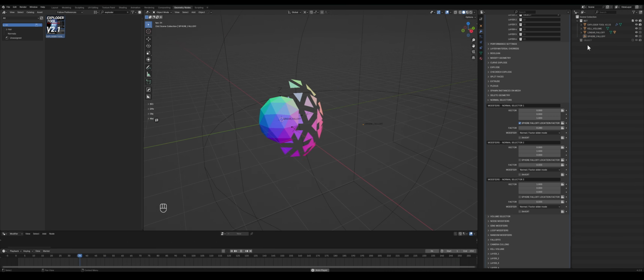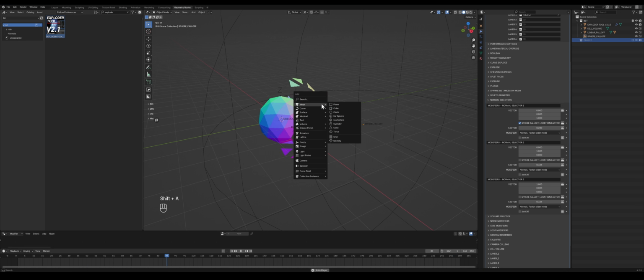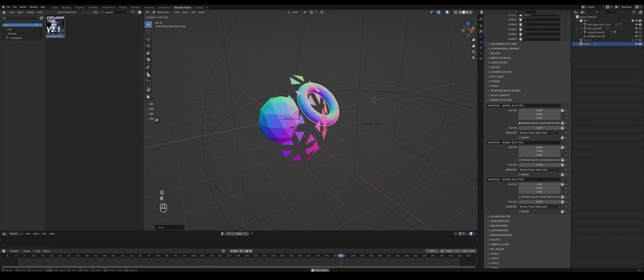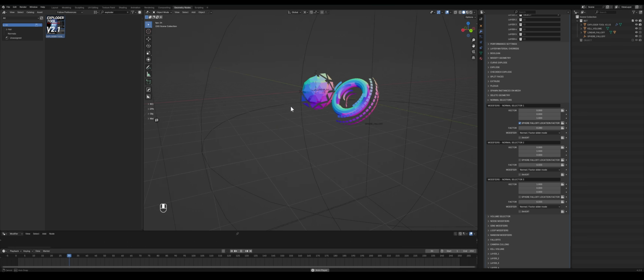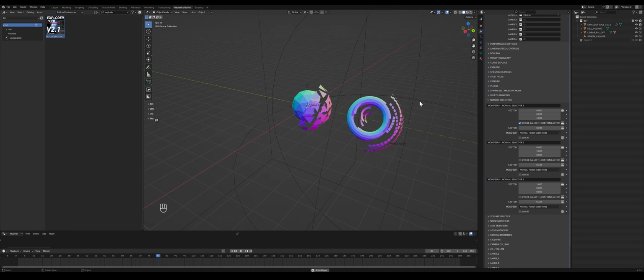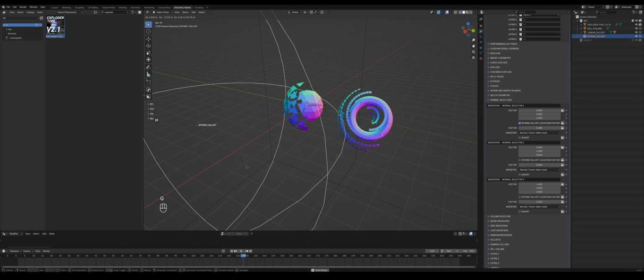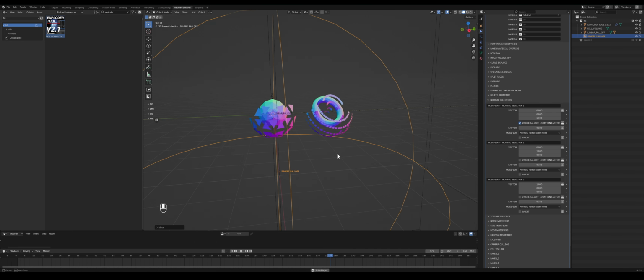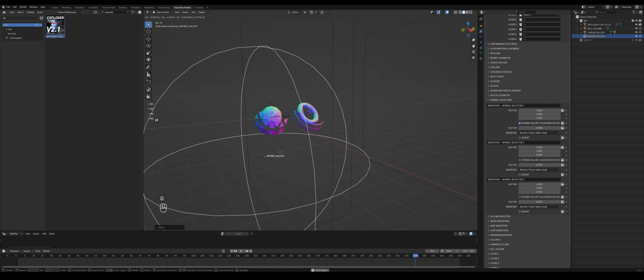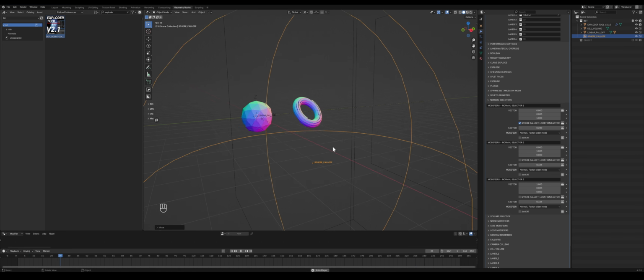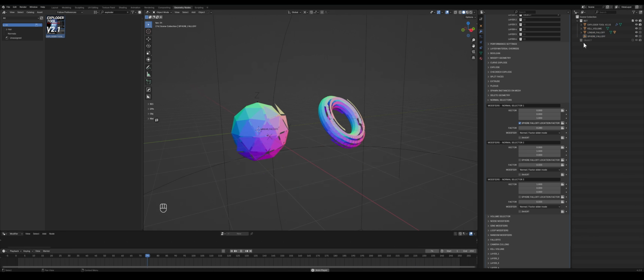And of course, everything is procedural in Exploder tool. So if we add another shape into the collection, it does the same to that object as well. Pretty cool. So let me just delete the torus for now